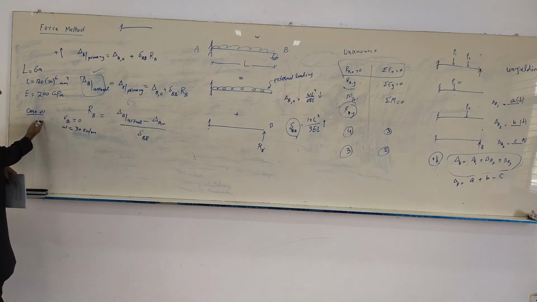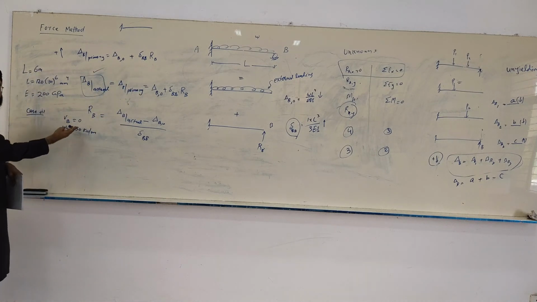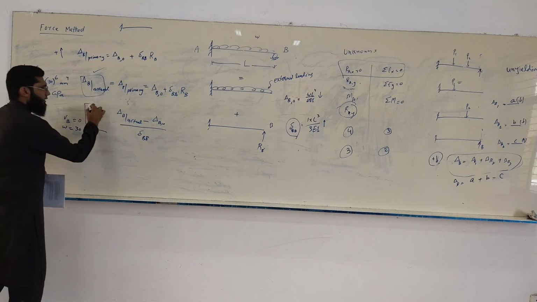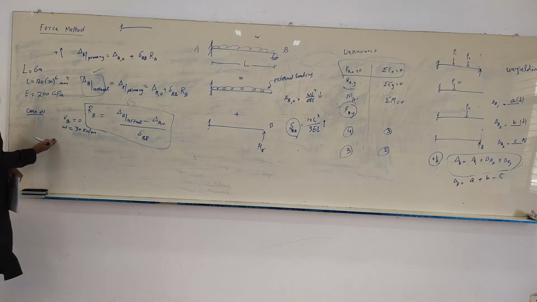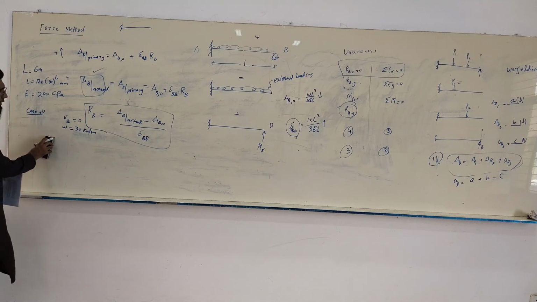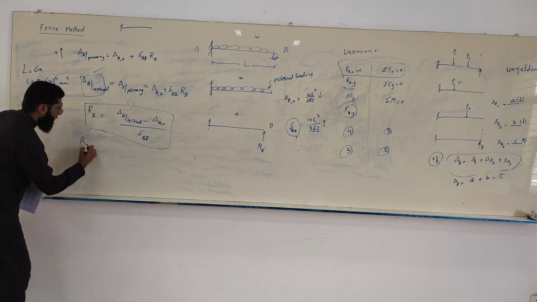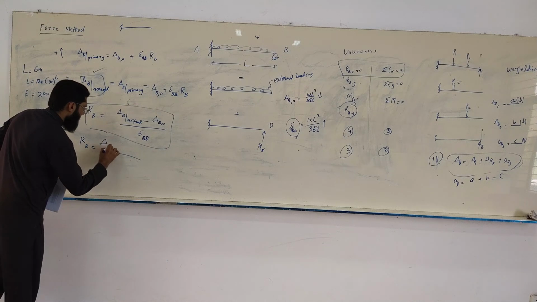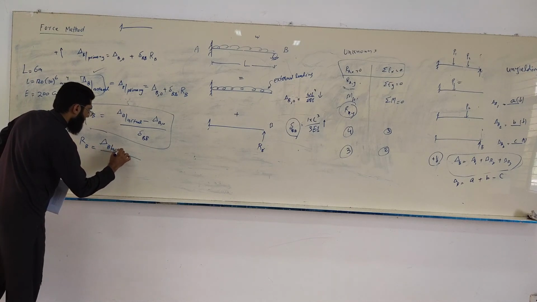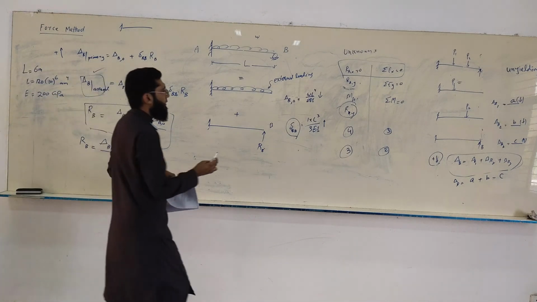So in the first case, the VB is 0, so the actual displacement at B is 0, and the W value is 30 kilonewton per meter, okay? Now this equation is applicable no matter what the case is, okay? So in this case, we could start putting the values for delta B naught first, and then we can consider the cases maybe. Okay, so I could say RB is equal to delta B actual minus delta B naught. Now delta B naught is downward,